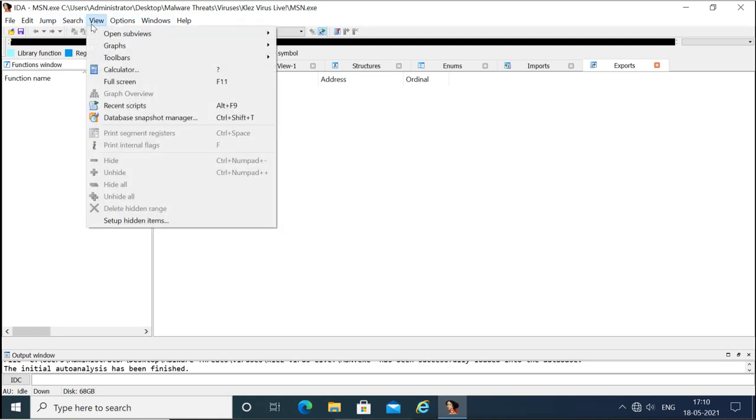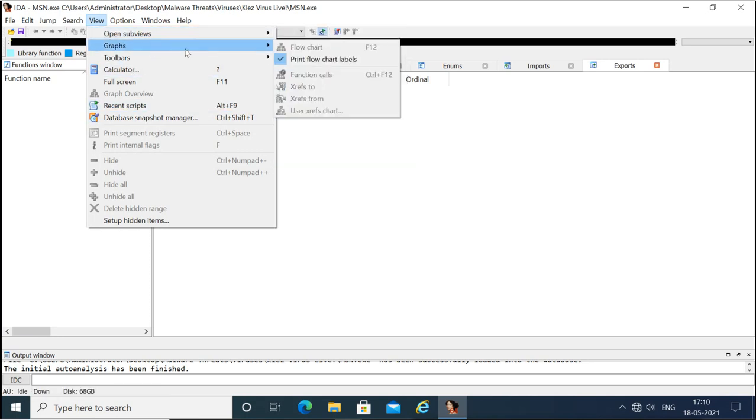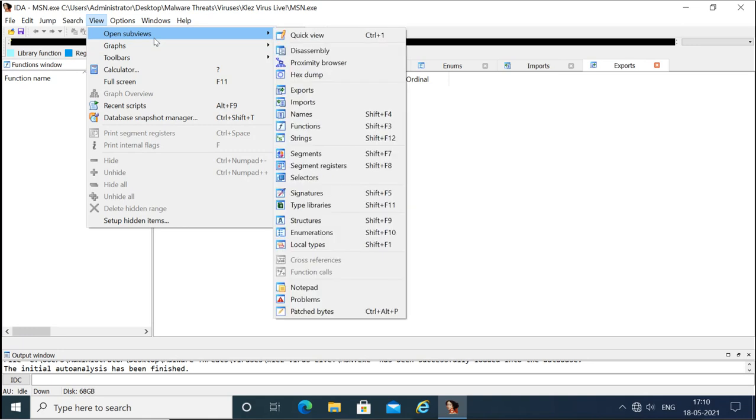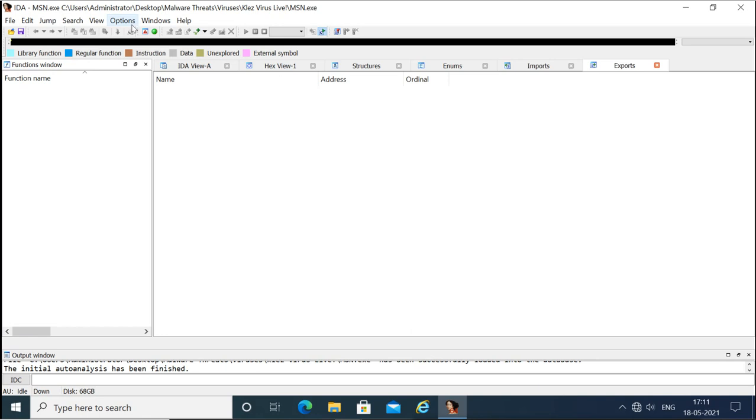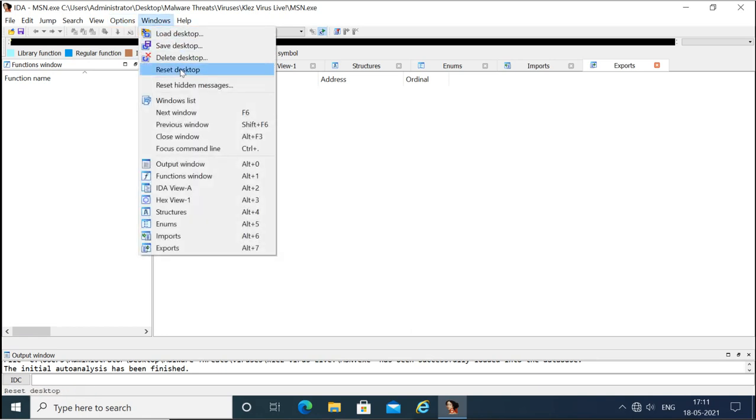You can go to View. You can open different views. You can see the script. You can check these different windows.